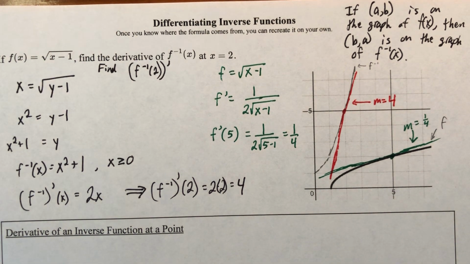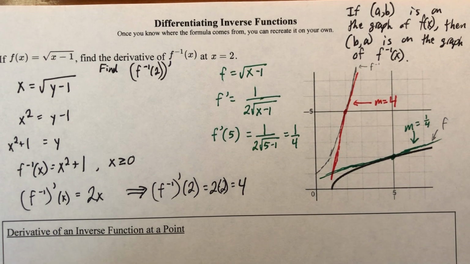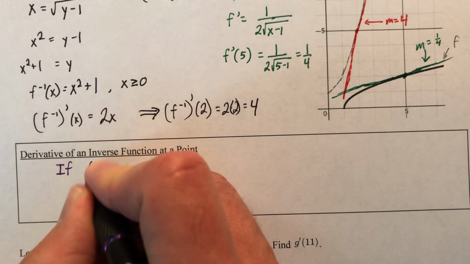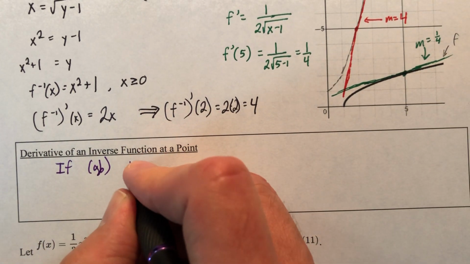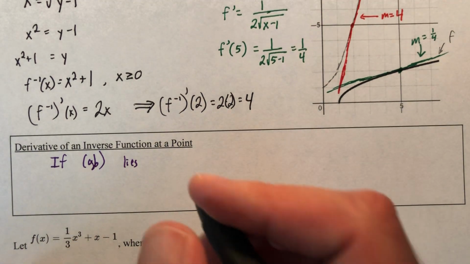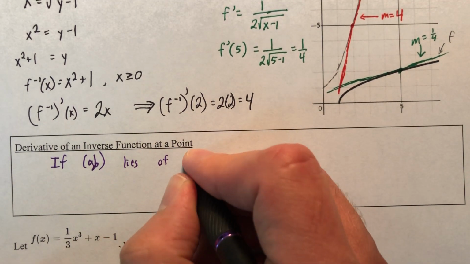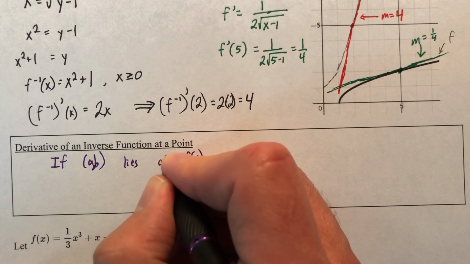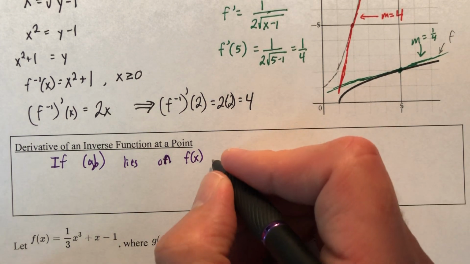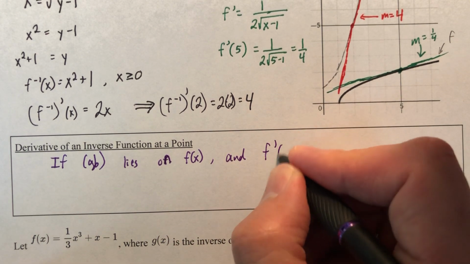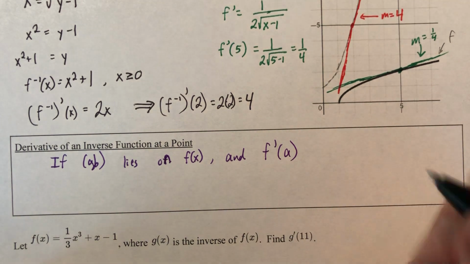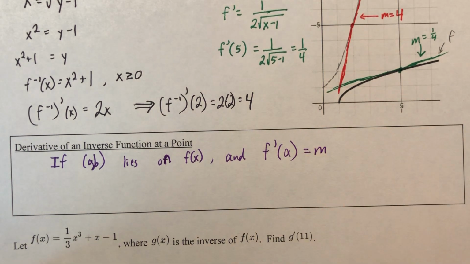So here we go. Derivative of an inverse function at a point. If (a, b) lies on the function f of x, it means it doesn't tell the truth, no, I'm kidding, lies on, not of, lies on the function f of x, and the derivative of the function at a is just some slope,